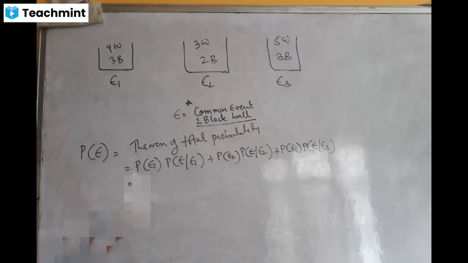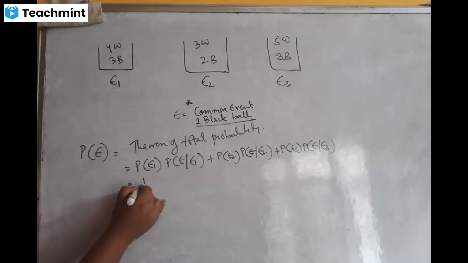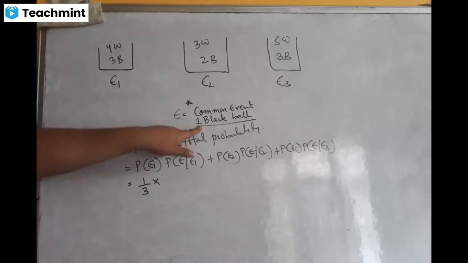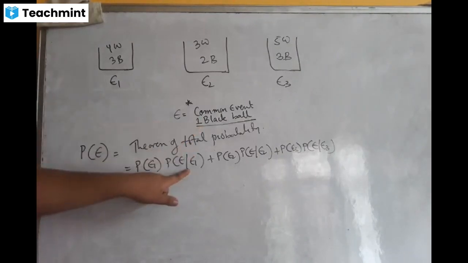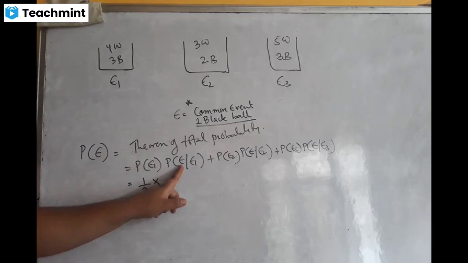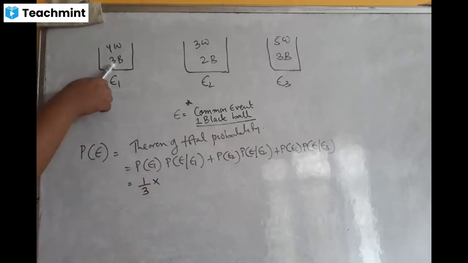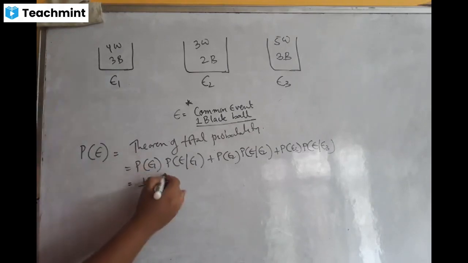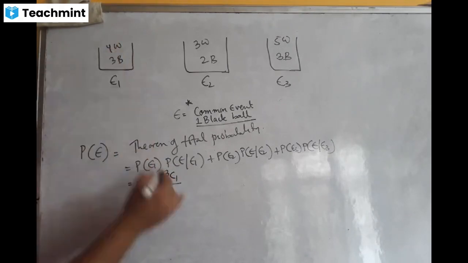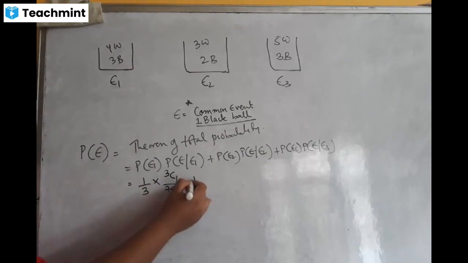See, probability of E1, E1 is the first bag, isn't it? How many bags are there? There are three bags. Out of three, I have to choose one. So probability of E1 is going to be 1/3, into probability of E given E1. What is E? E is one black ball and E1 is bag 1. That means E given E1 means I have to take out one black from the first bag. So how many black balls are there? 3. So out of 3, I have to choose one black ball, divided by total 4 plus 3 is 7, 7C1. Plus probability of